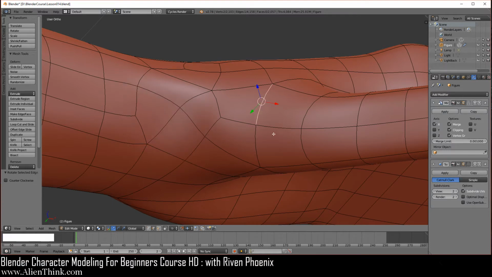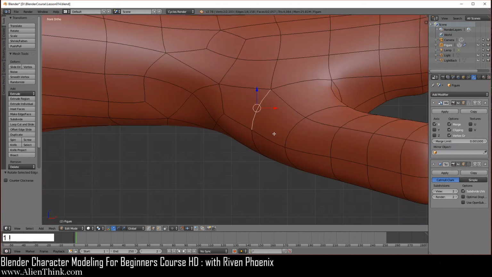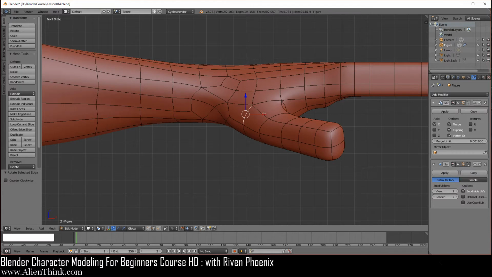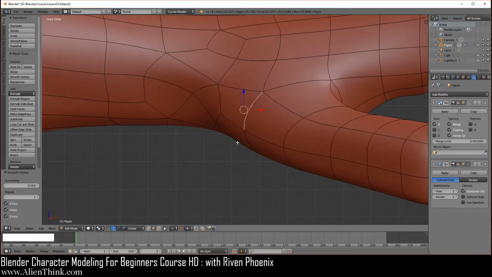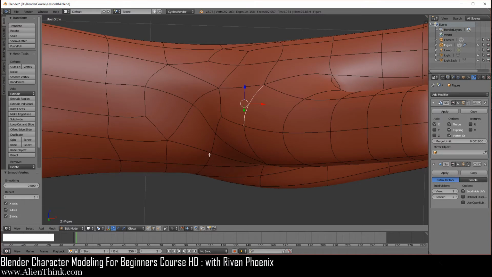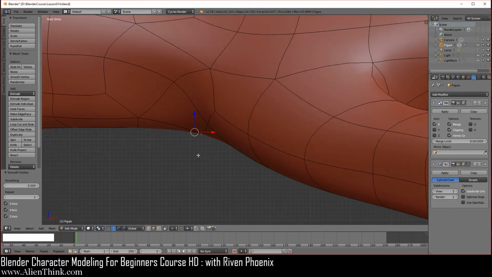Now we're going to go to the front view over here, and we're going to zoom out to get the big grid units. I'm going to take it to the left one time like this, and then do W and then smooth only one time. Okay, now we're going to zoom in over here and just rotate it over here, and this is the edge you're looking for. Now go back to your front view, make sure you zoom in to get the smaller grid units. You're going to bring it up 1, 2, and then 3.